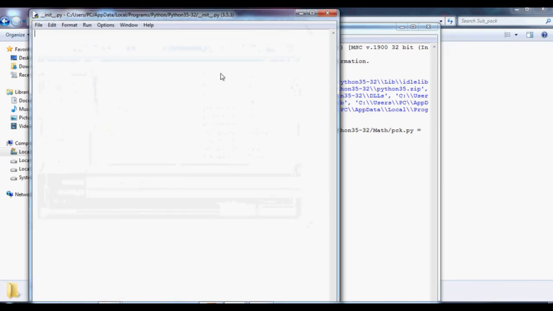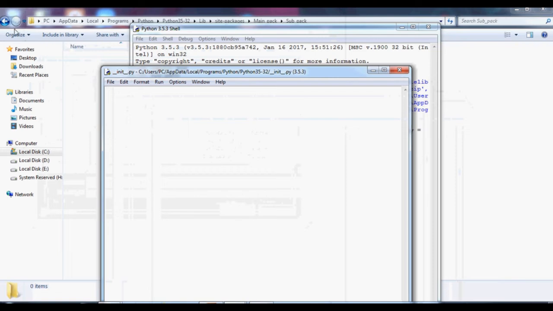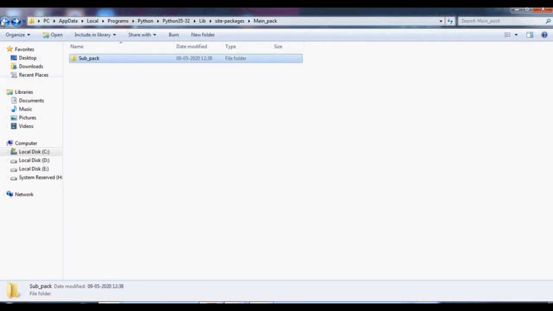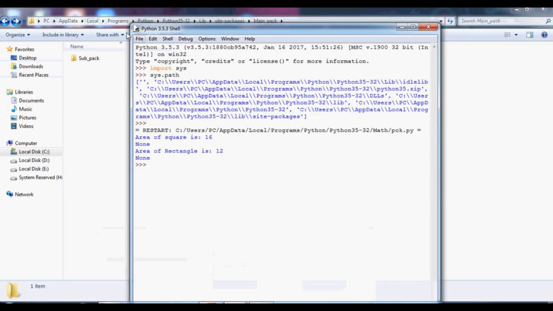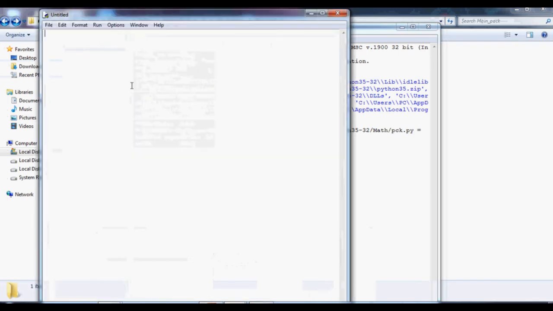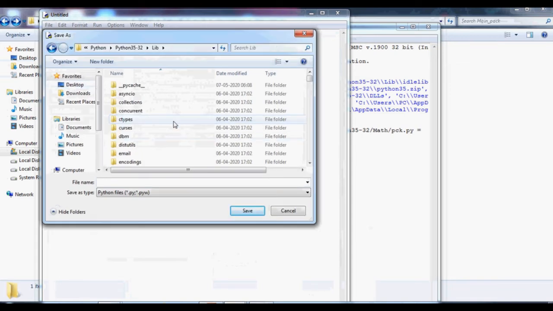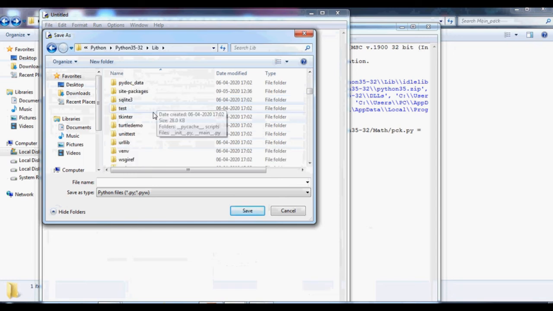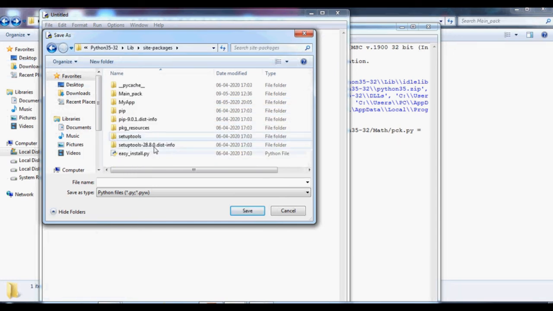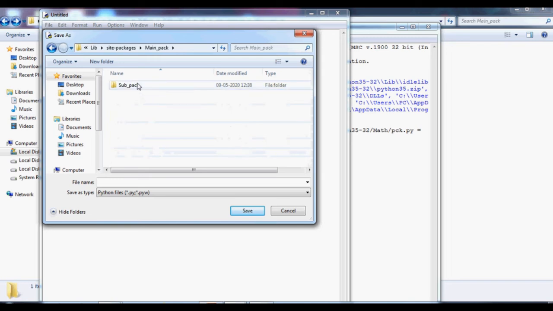Okay, I have saved it inside. You have to choose the path where you have created a package inside the library, inside the site packages. So inside the sub package, main pack should also have an init file. Main also should have an init file. So first we have created an init file for this.